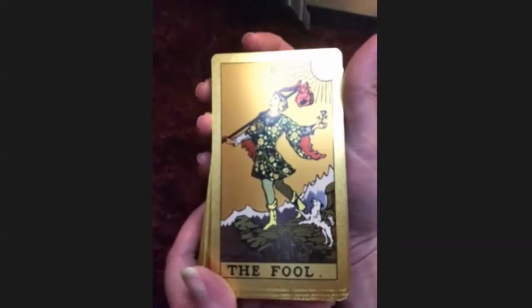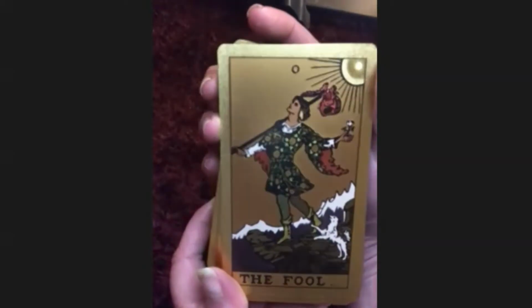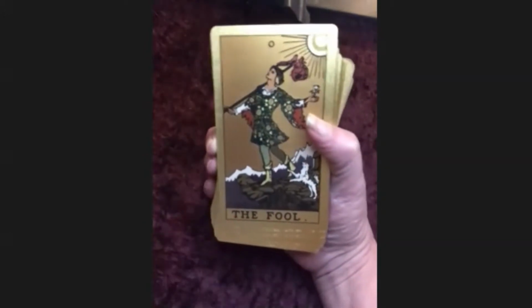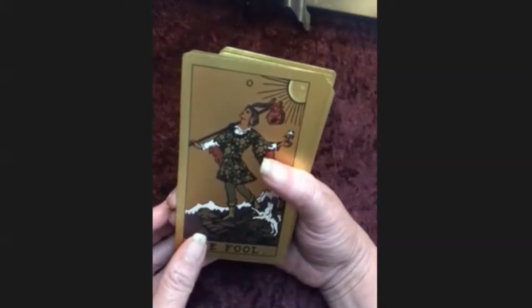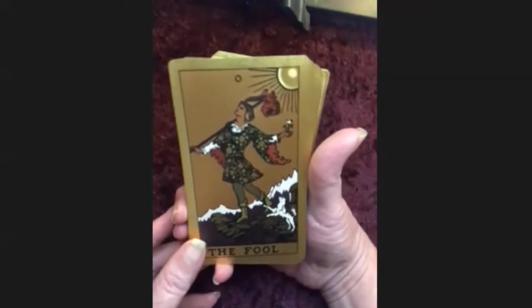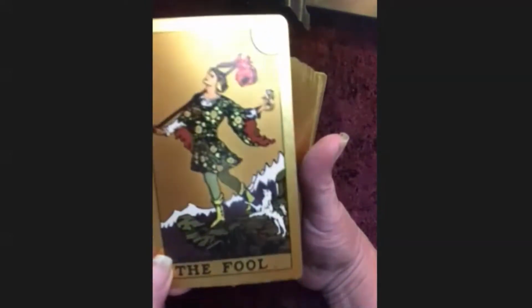But you can see every piece of it has that metallic. Did you see that with the sun? Oh my God, the light plays on it so beautifully. As you can see, they are definitely Rider weight, but they just have that majesty. The first time I showed them to Mandy, I loved her reaction. She was like, "Oh my God, Sharon, they look like the crown jewels." And I was like, "Yes, yes, they do." Even the snow on the mountains is